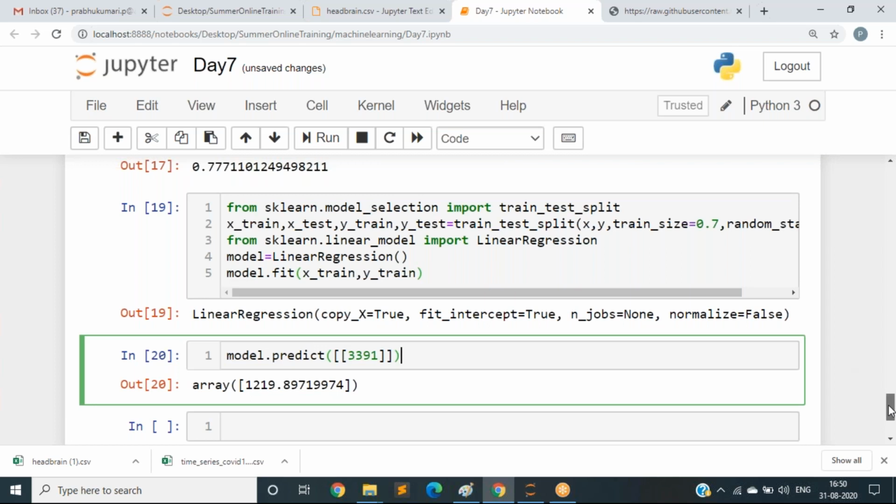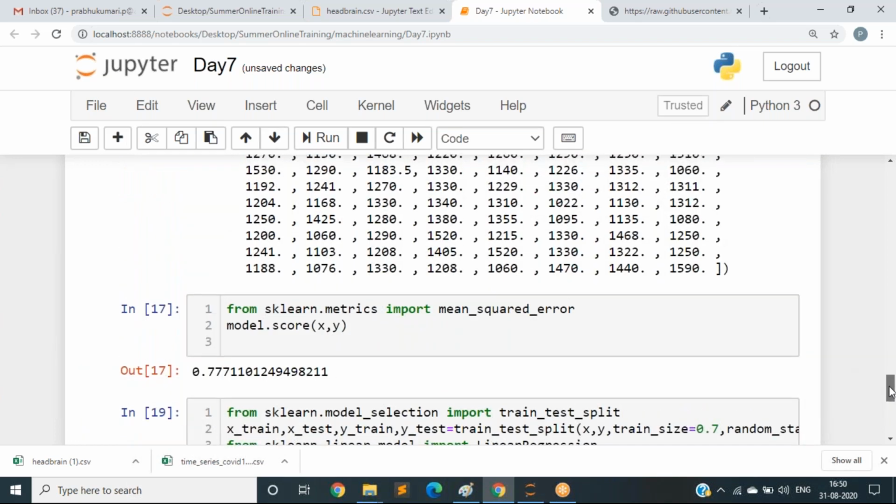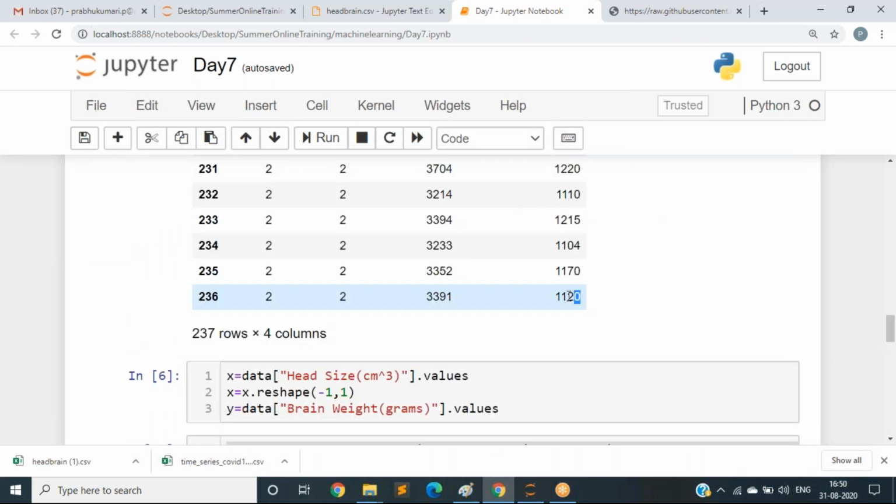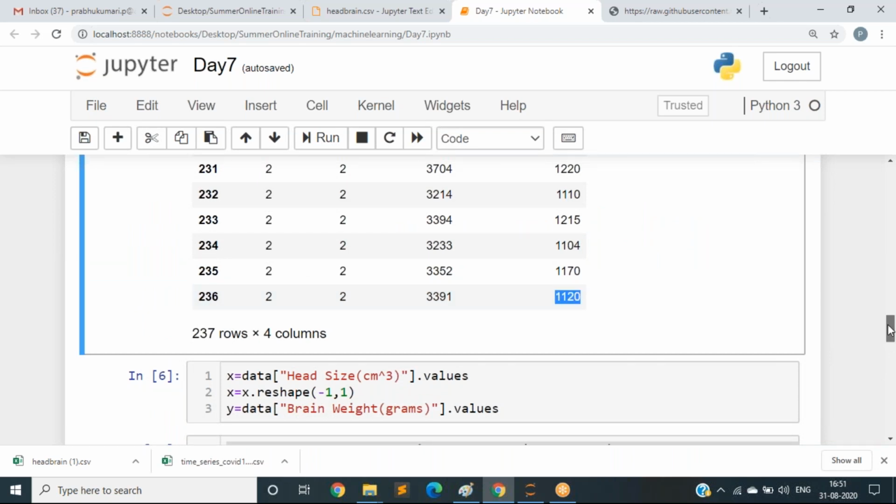Previously I have taken some 3391 value here. By using the decision tree regressor, it has given me an accurate value like 1120, and the actual value is also 1120 only.